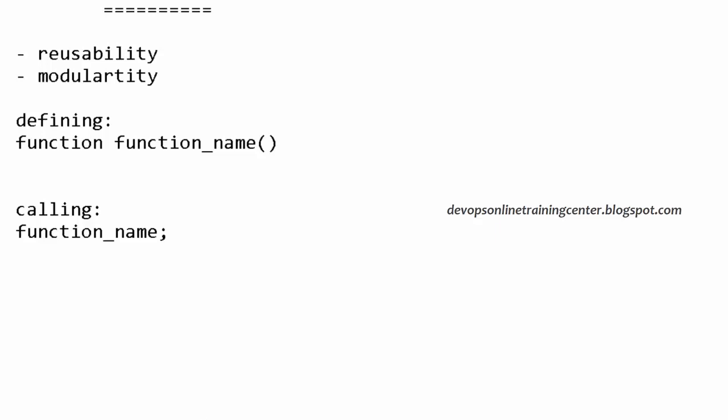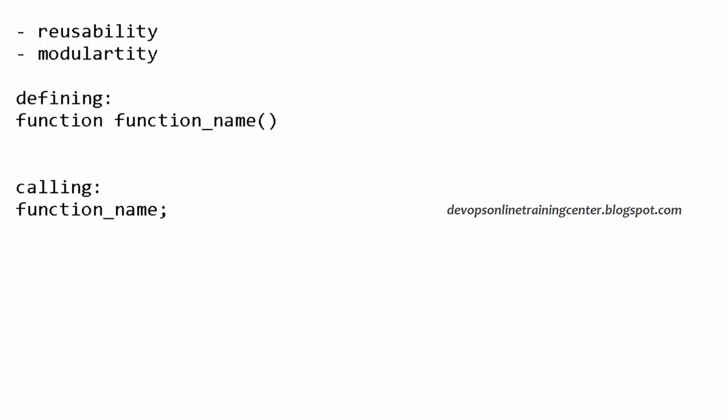Typically, like any other programming or scripting language, shell scripting will have functions. So your code looks like this. You have something like a main script or main program, and from there you have a lot of other functions defined in different places, inside the script or inside another script. Then we can call those functions multiple times from the main script or from another script. So your program looks simpler and is easily manageable, and reusability and modularity are achieved.